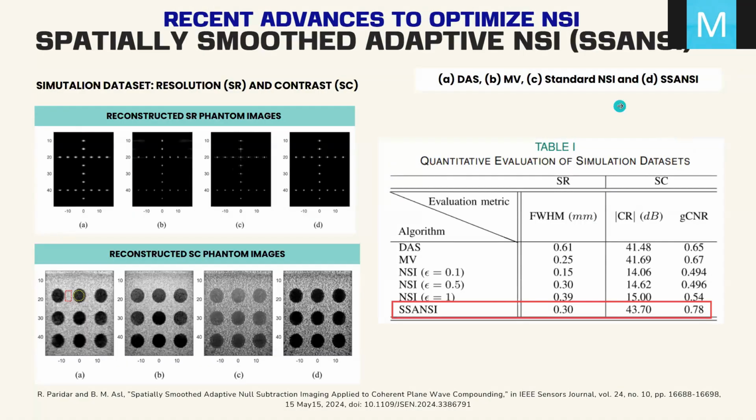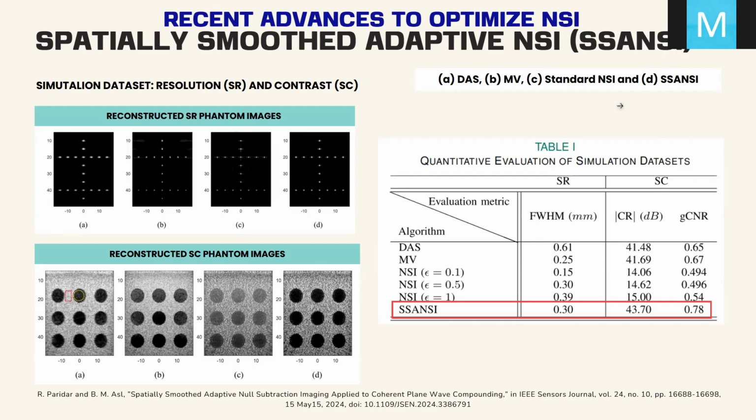In the case of SANSI, the performance of the beamformer was assessed using 4 datasets: simulation resolution and contrast, experimental contrast and resolution, and finally an additional in vivo dataset. The results demonstrate that SANSI achieves competitive resolution, strong contrast, and excellent speckle preservation. In the simulation dataset, it produces the best contrast ratio with a value of 43.70 and the best generalized CNR with 0.78. Also, we can see in the image that the standard NCI continues to generate dark